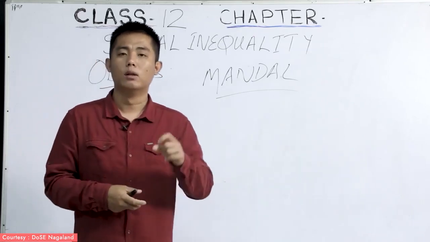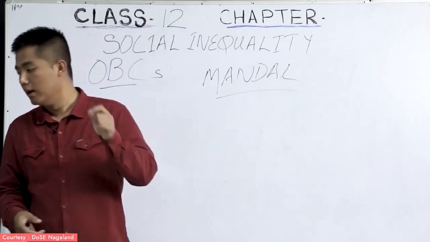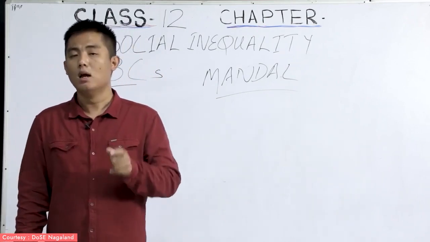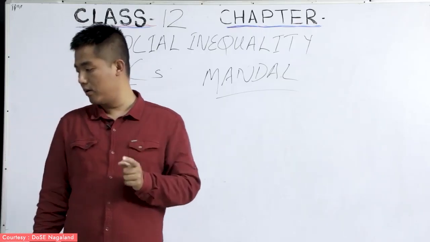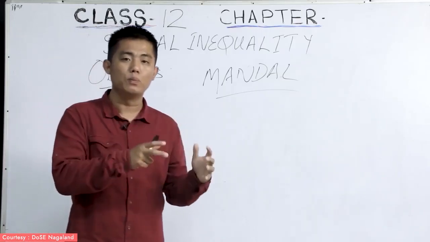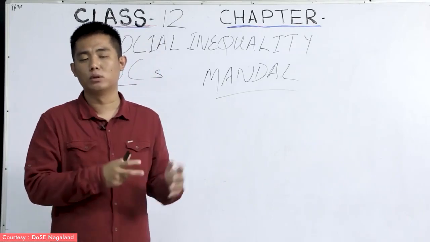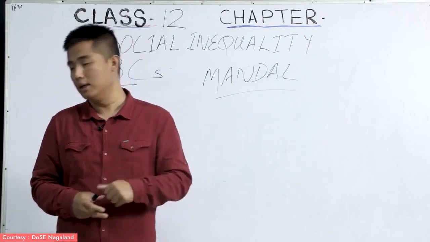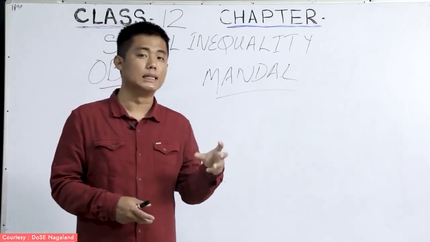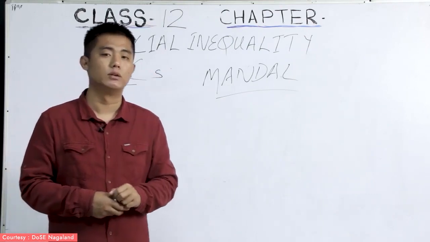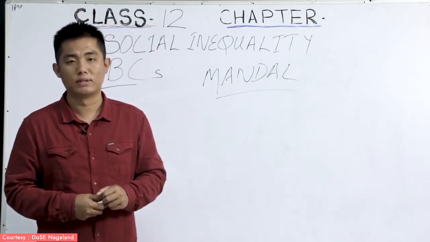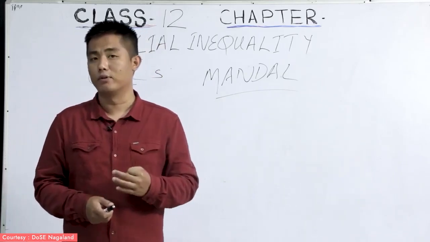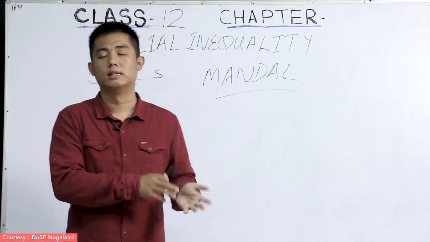This was the reason why they were put in Annexure 1. This group of people are the Mallah, M-A-L-L-A-H, and the Nonia, N-O-N-I-A. These were the people who were deprived of all these rights, and they were extremely poor or illiterate. My dear students, this is on page number 45 in your class 12 textbook. Kindly underline this; it is given in the third paragraph. These two distinctions are given in the third paragraph.